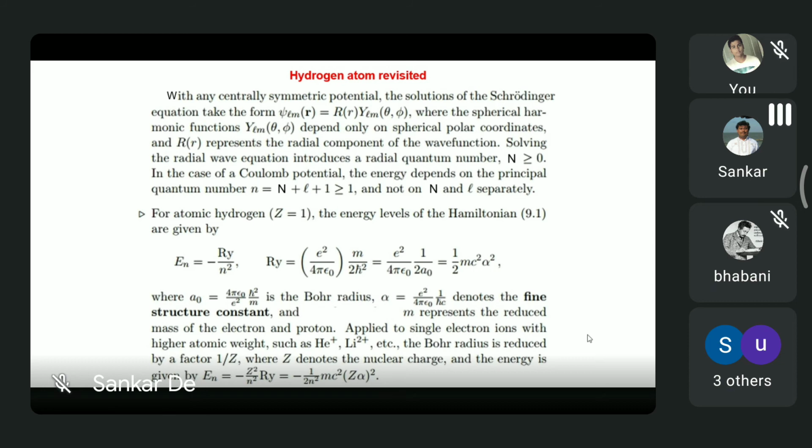Because as you go higher and higher in your Z numbers, the atom actually keeps squeezing, and the hydrogen atom is a single electron system. So whatever experiment or investigation you do is very clean and exactly solvable. So this is the best quantum system to investigate and find out whether your theory is matching or not.